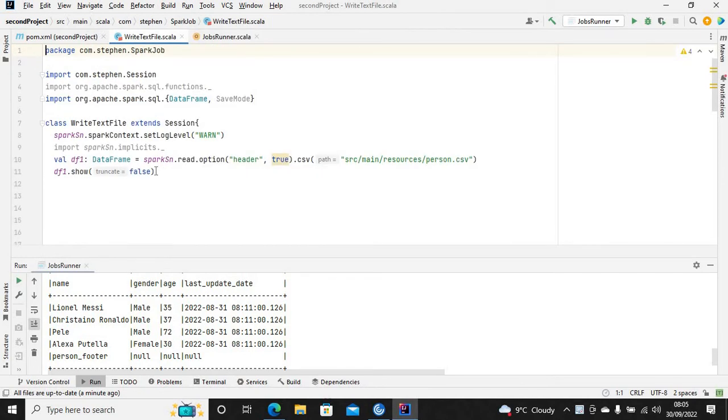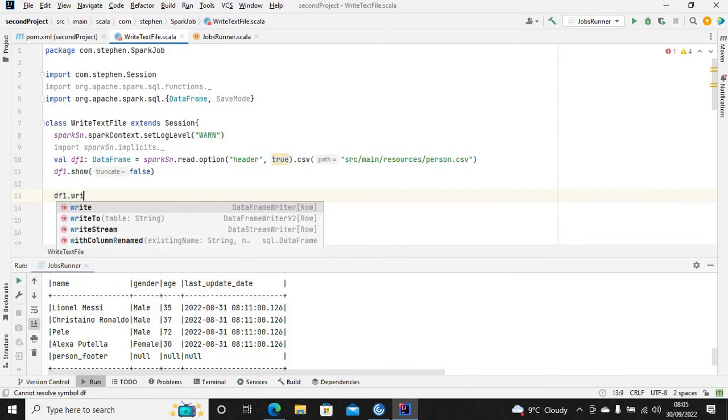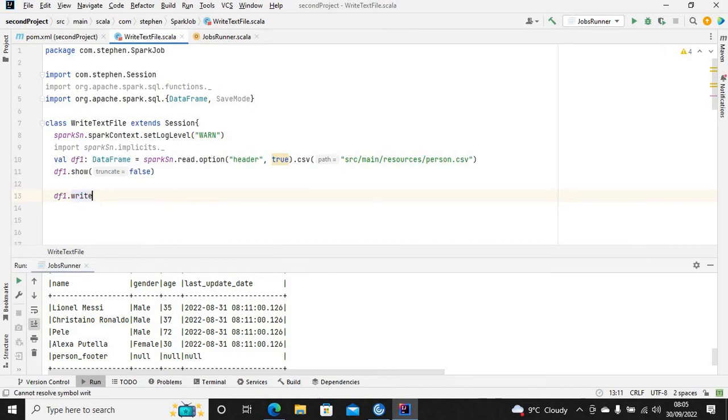This is the data frame that I've read, and as you can see here, I'm going to be writing it in a text file. What I'm going to do next is try to write this whole data frame in text format. So I'm going to say df1 dot write dot